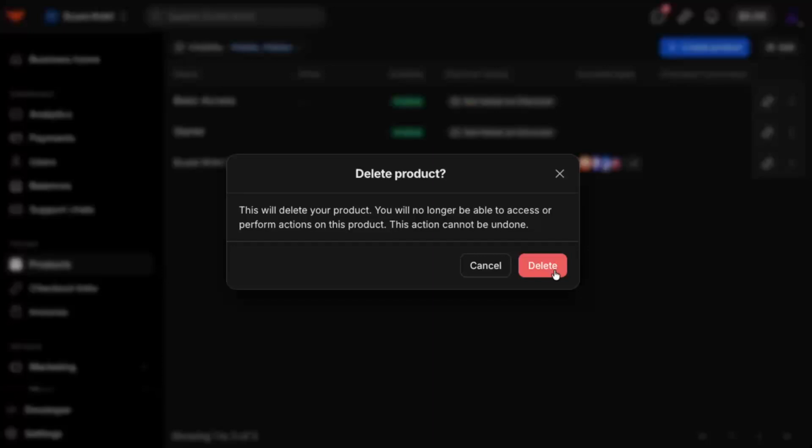If you have active members, you may want to notify them ahead of time or export any important data before proceeding. If you're sure and ready to go ahead, click on Delete again in that confirmation window. After a brief moment, the community will be removed from your products list and it will no longer be accessible to you or your members. And that's it. You've successfully